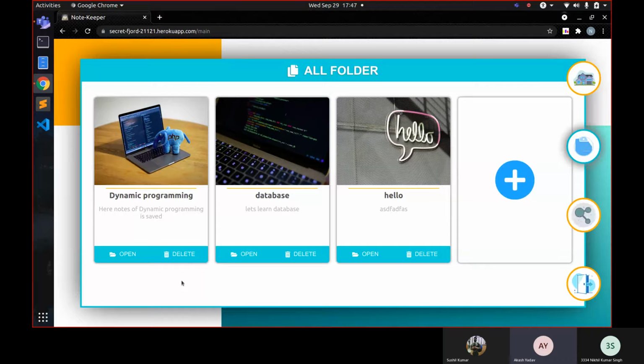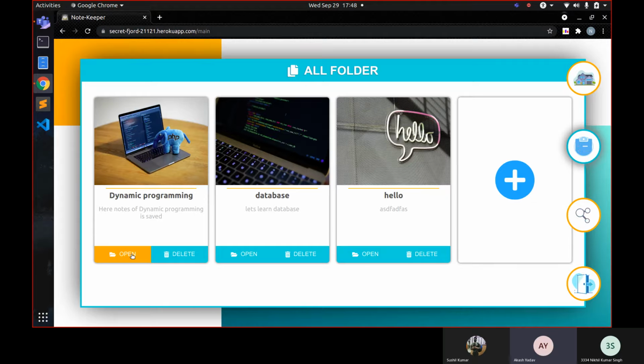So these are all the cards which are being displayed here, and a card can be referenced as a folder which is there in the device, like computer devices. There is a folder, we have represented it as a card, and the image which you can see on the card is not hard coded. We have used the API which is provided by Unsplash, and we have recalled the images on the basis of the folder name which we have given, like this is dynamic programming. On the basis of the dynamic programming attribute, the API will return a collection of images, and I have fetched one image and displayed it here.